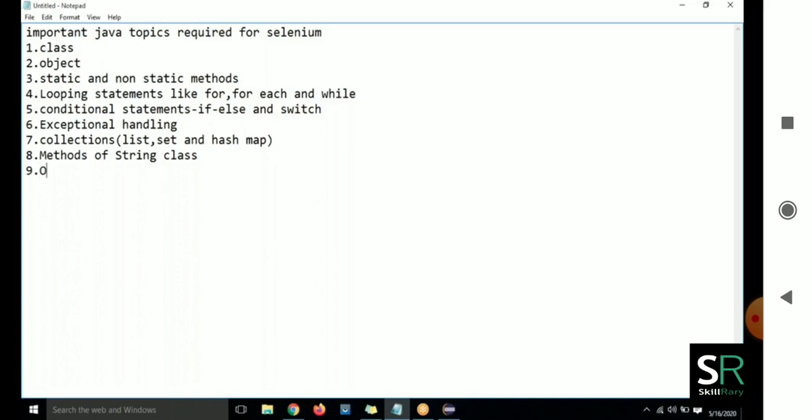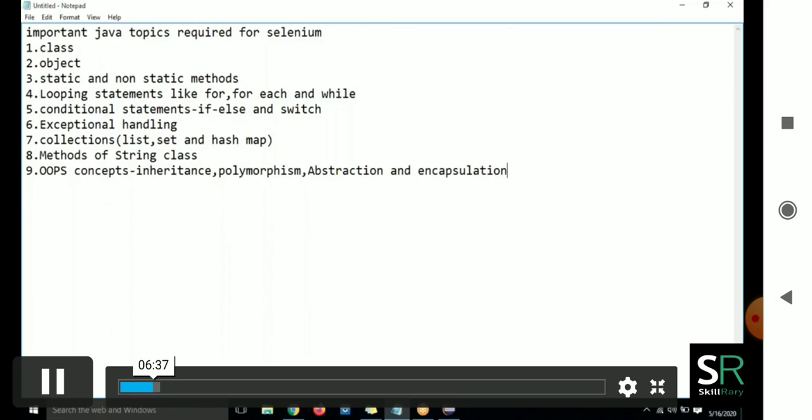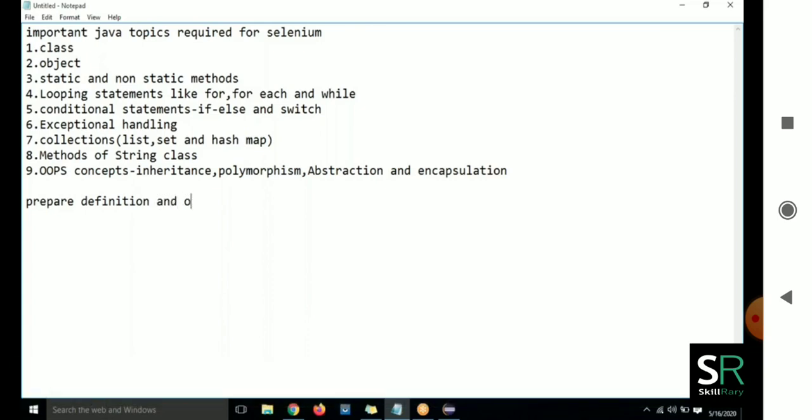OOPs concepts, like inheritance, polymorphism, abstraction, and one example.